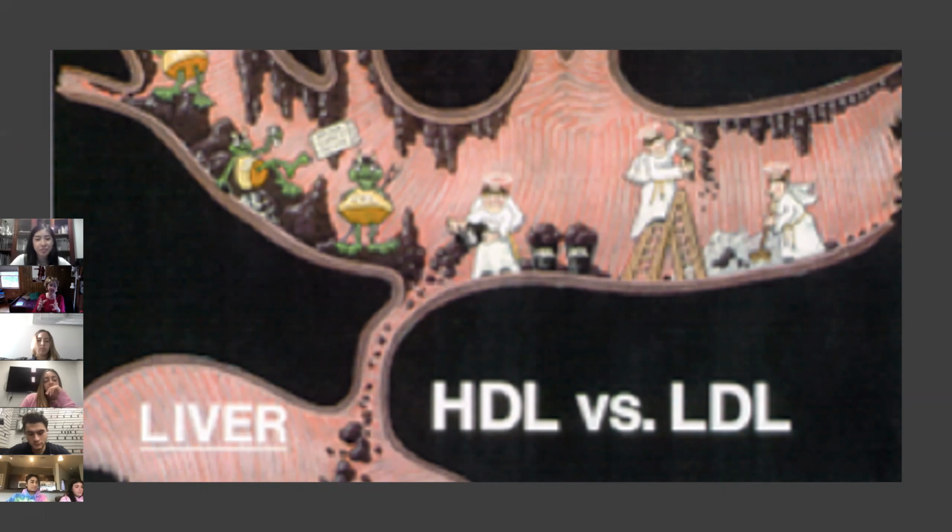What you're supposed to recognize with the HDLs is that they are taking cholesterol, that's what the gunk is, the stalactites and stalagmites, off the blood vessel wall. And then that cholesterol goes back to the liver. And what the LDLs are supposed to be doing is putting cholesterol on the blood vessel wall. So H is healthy and L is lousy. Or if you know anything about your blood cholesterol numbers, H's you want higher and L's you want lower.